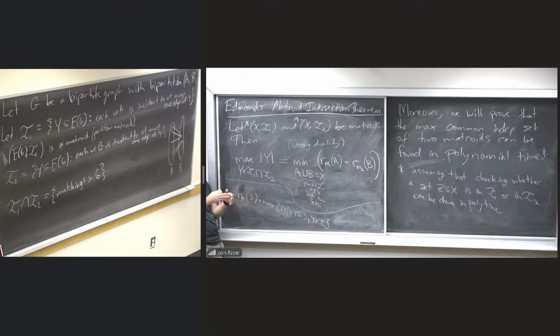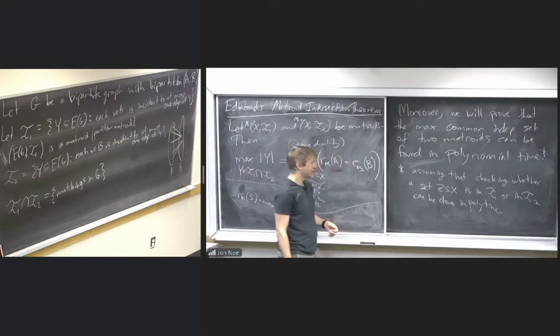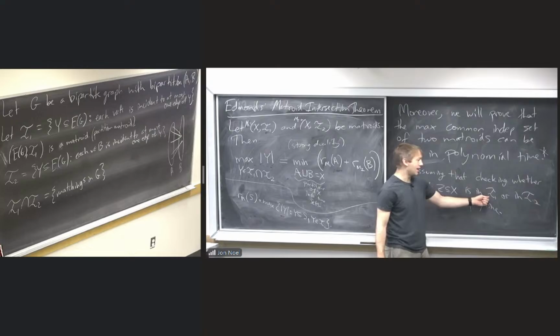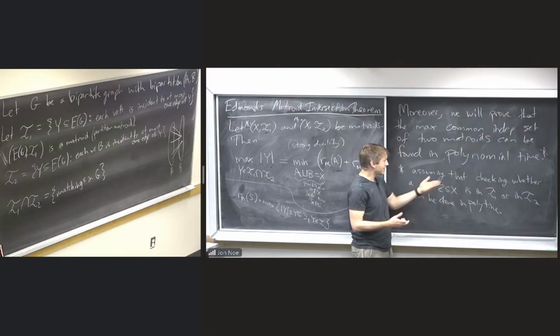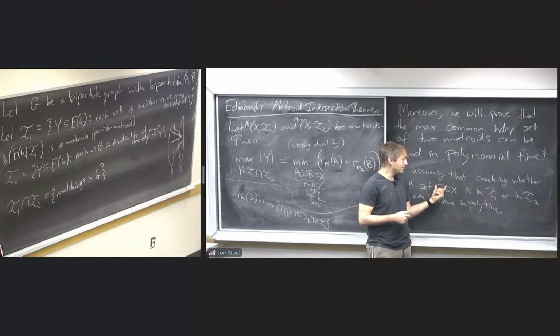It's a bunch of edges, you just check, do they have a common endpoint on the left or the right? Generally, though, it's not obvious that you can always detect whether a set is in I1 or I2 quickly. But basically this is going to be a polynomial time algorithm where it does a polynomial number of checks whether a set is in